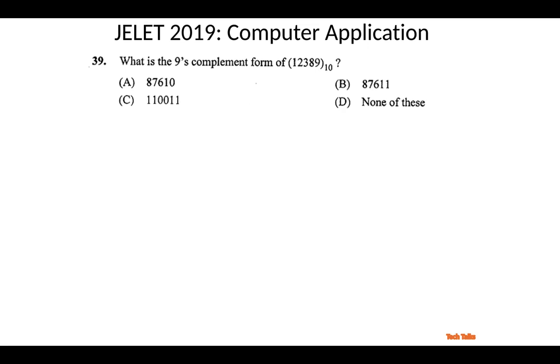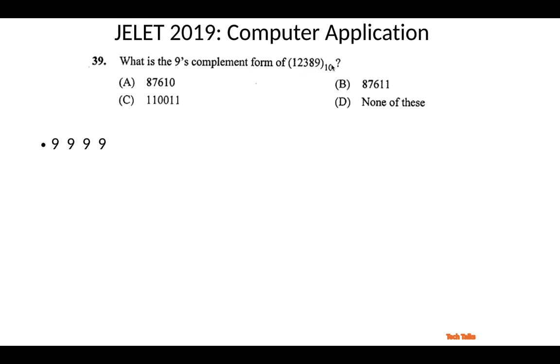It is actually mathematical, 9's complement. So how do we generally obtain 9's complement? It is very simple. To obtain a 9's complement of a number, suppose I have 5, I want to get the 9's complement of it, so it will be 9 minus 5, that is 4. So in this way, first we are having 5 digits, 1 2 3 8 9.